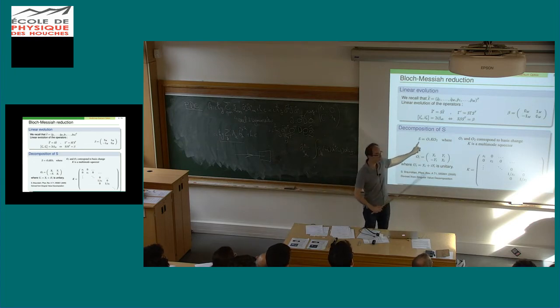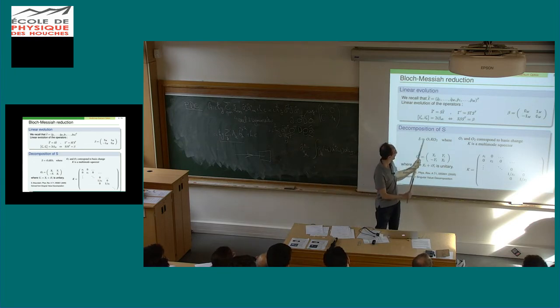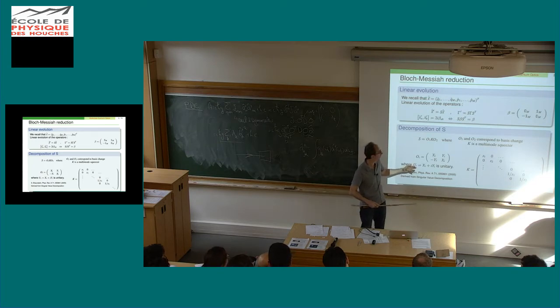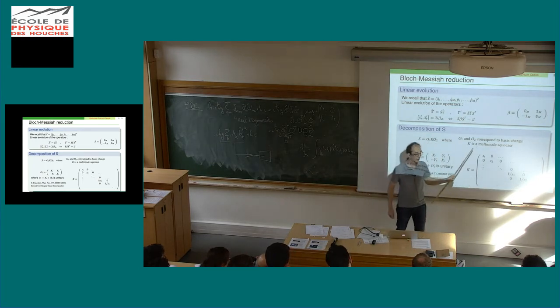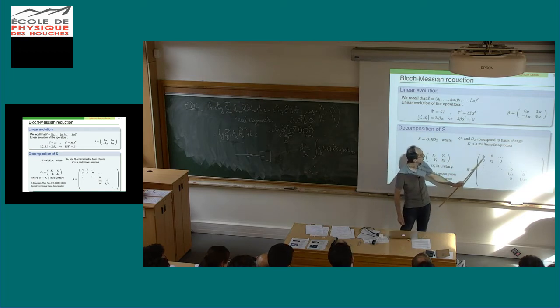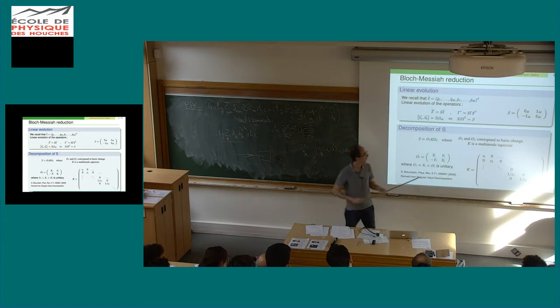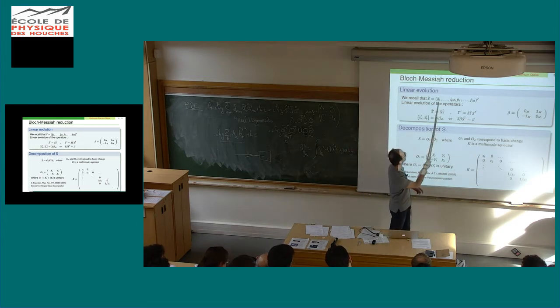So any linear evolution can be expressed as, so this O1 is the one we have seen this morning. These are simply basis change, so the unitary we have seen since the beginning. And K is a squeezing matrix, which is like that. So it's S1 and 1 over S1, a squeezing we have seen this morning. So S1 will apply to Q1, and 1 over S1 will apply to P1.